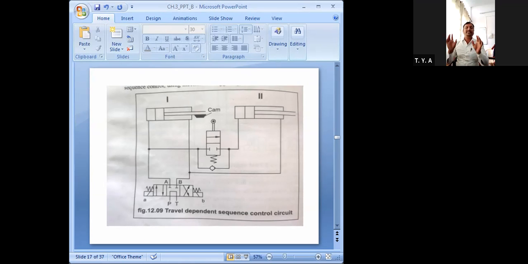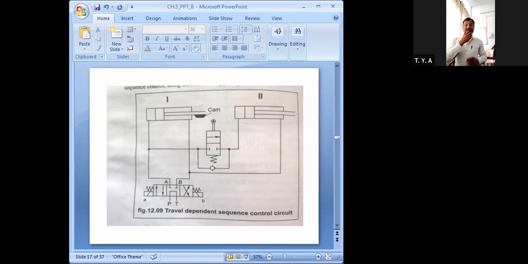Sequence control circuit is used where, after completion of one action, you want to start a second action.